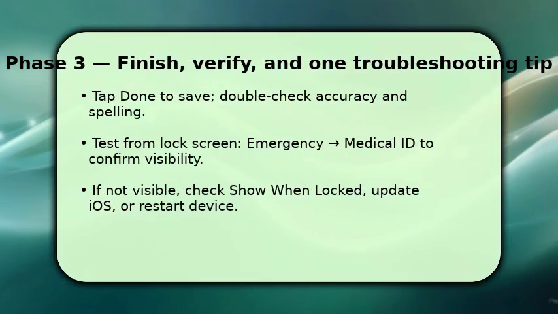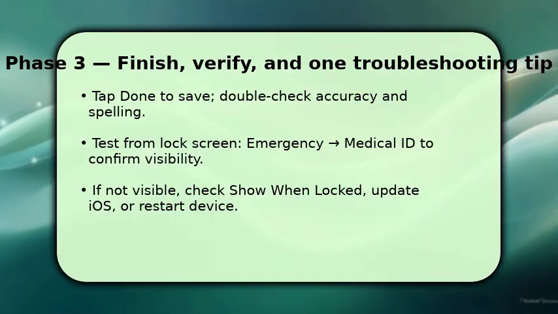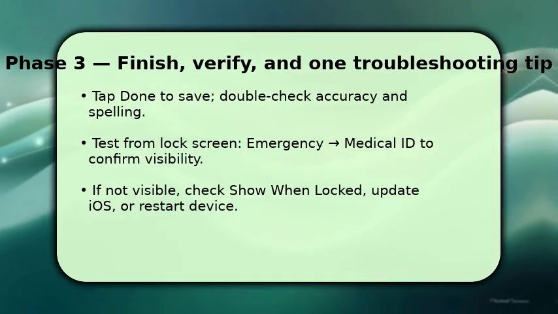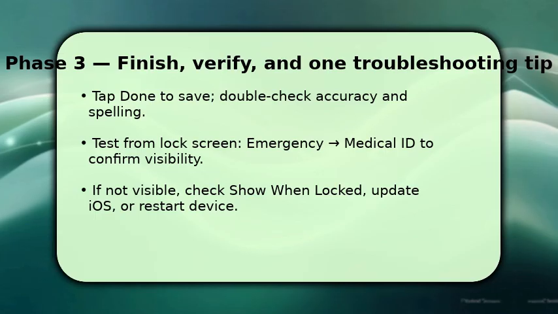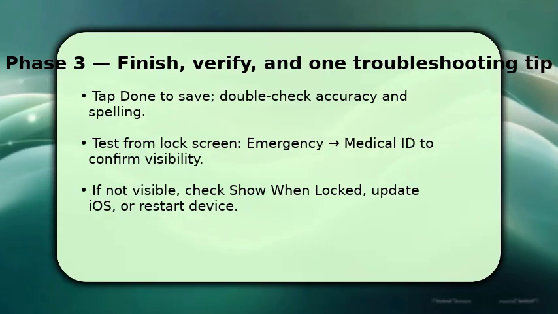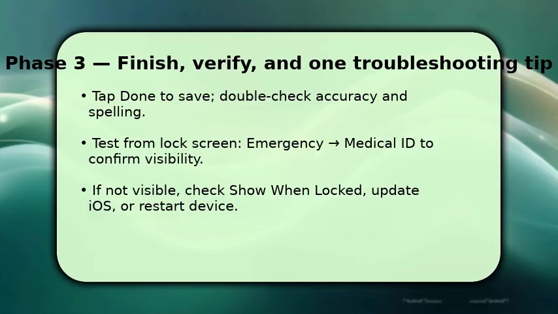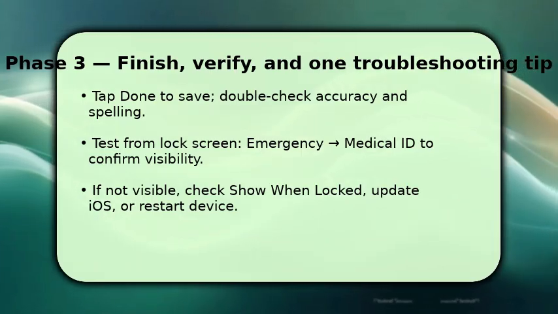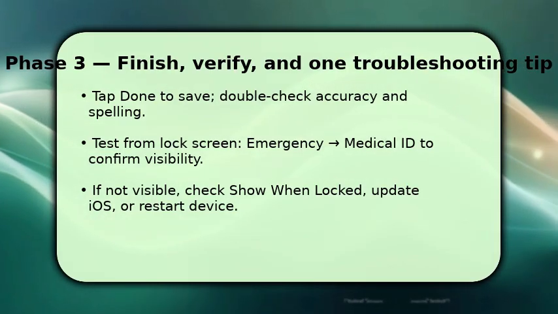Swipe up or press the side button, tap Emergency, then Medical ID to confirm visibility. If the medical ID does not appear, make sure Show When Locked is turned on in the Health app, check Face ID or touch settings, install any pending iOS updates, and restart your iPhone. If problem